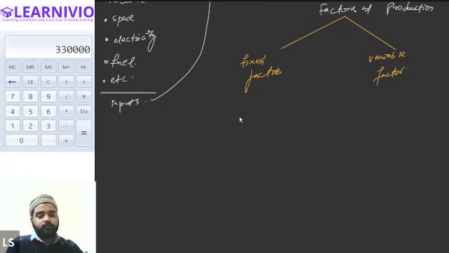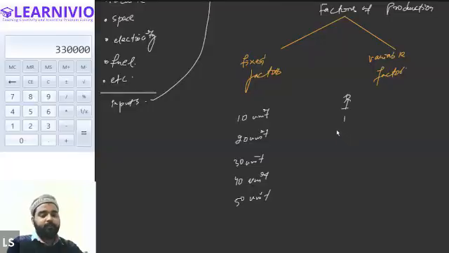Let's say you are producing 10 units of output, and for producing it, you are employing labor. Currently 1 labor is applied for producing 10 units of output. Let's say you want to produce 20 units, or 30, or 40, or 50 units. Tell me, will there be a requirement of more labor or not? So the same labor will be useful? No, they will require more. Yeah, correct. More labor will be required.